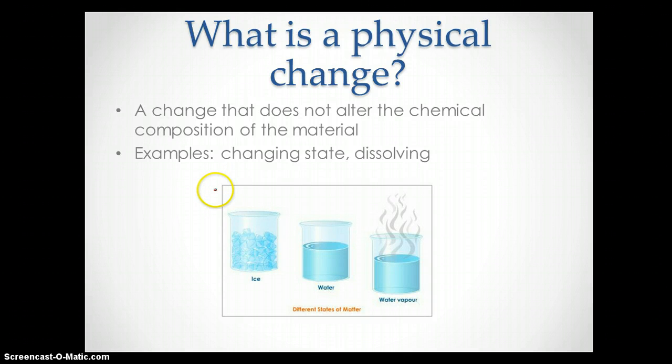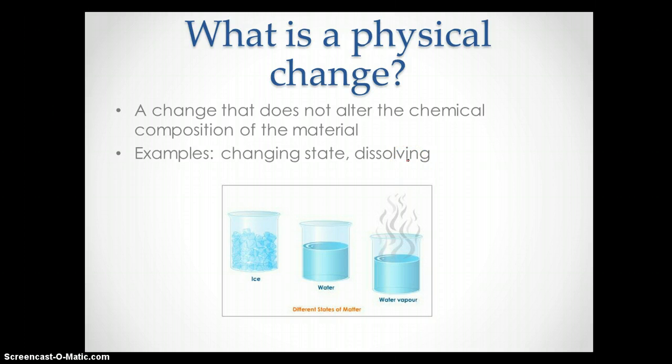A physical change is a change that does not alter the chemical composition of the material. So for example, if you change the state, if you melt something or boil something, that's a physical change. If you dissolve something in water, that's a physical change. That substance is still there and you can get it back. It didn't alter what that substance is actually made of. So those are the things we're going to be focusing on, changing states and dissolving, and the heat that's involved